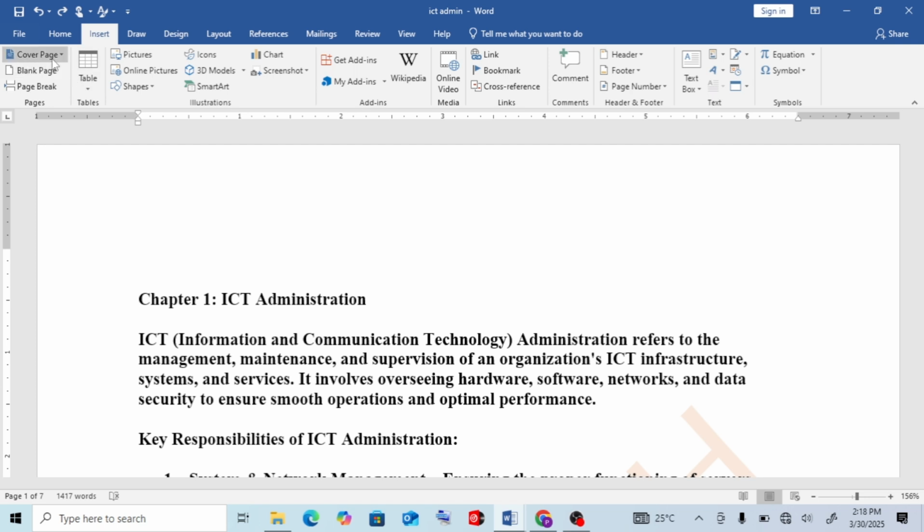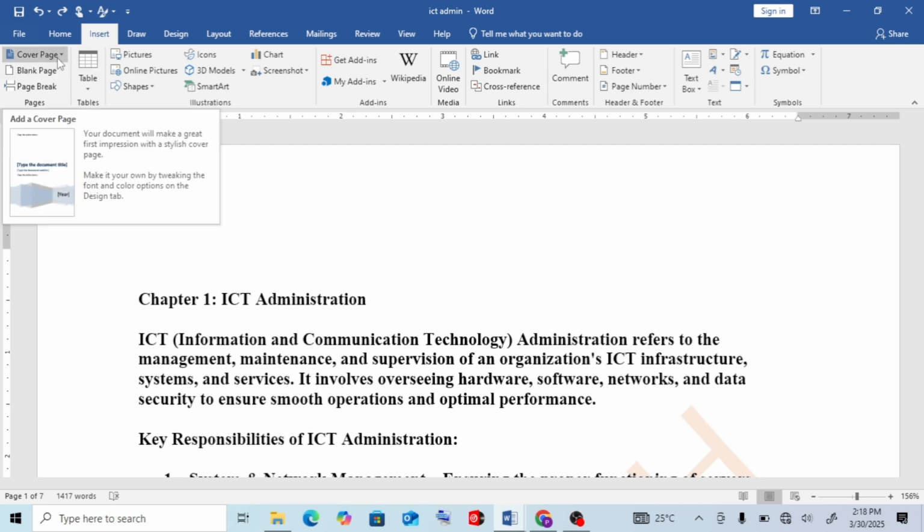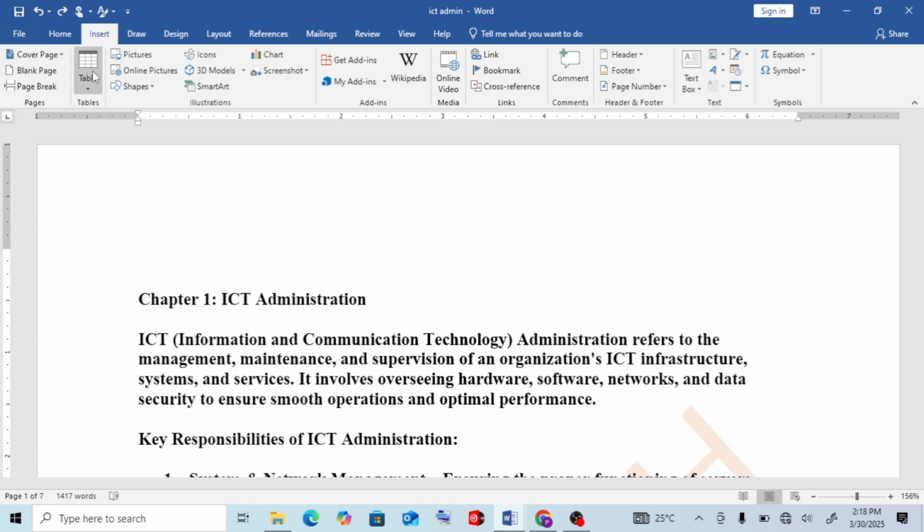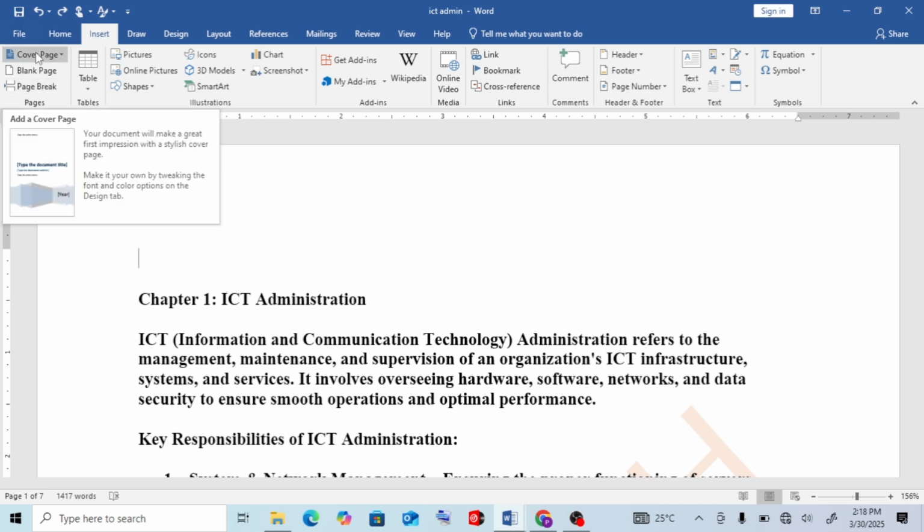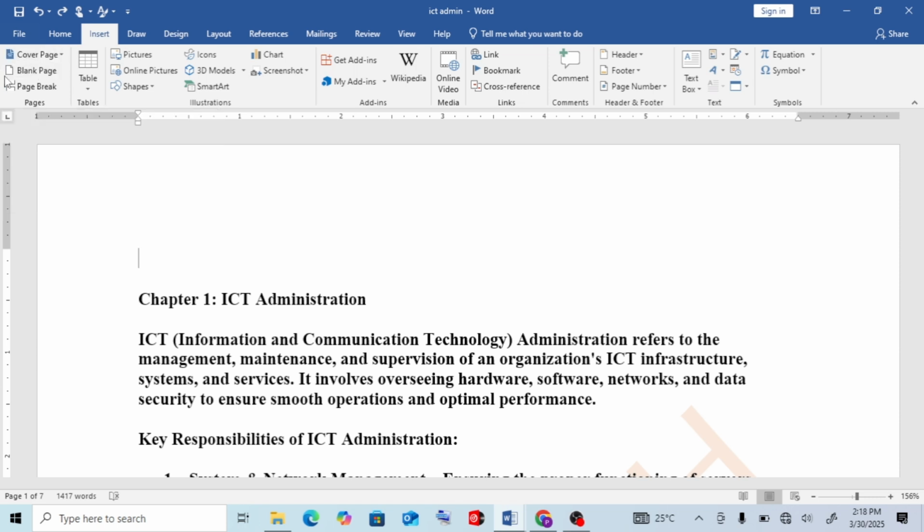At the left corner there is insert page, because now this is Word 2019. If you have Word 2010, the layout of this tab changes. It brings insert page here only.